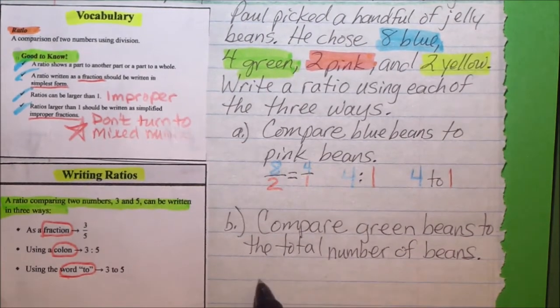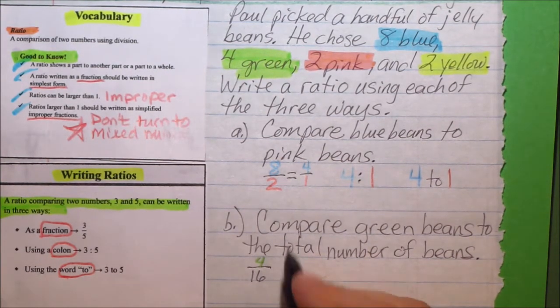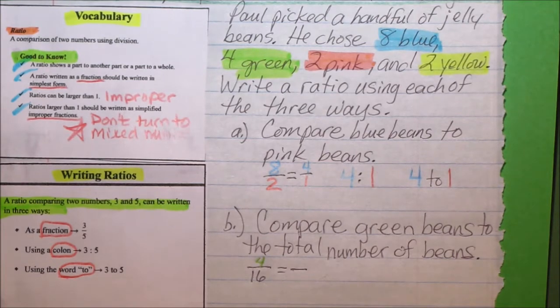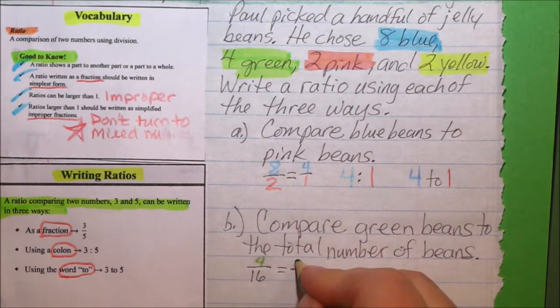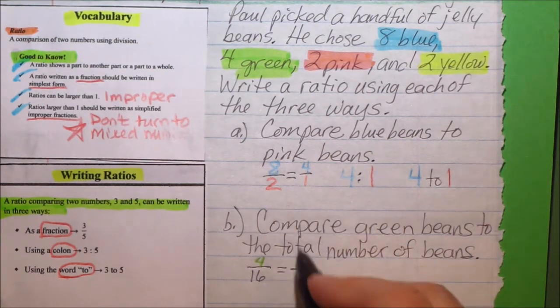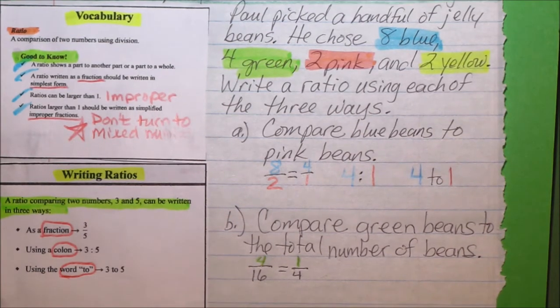So our total number, we're comparing the green to the total number. So our total number is 16. And how many green beans did he wind up with? 4. All right, now in this form, we have to reduce or simplify. Okay, so 4 can go into itself 1 time. And then 4 goes into 16 4 times. So the ratio of green beans to the total number of beans he pulled out in his handful is 1